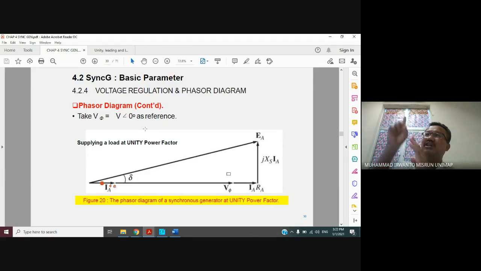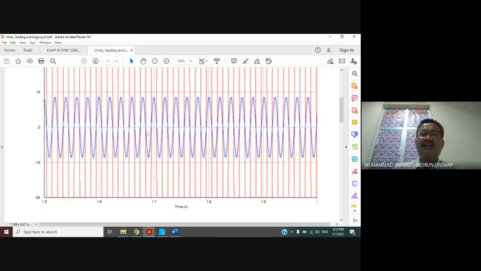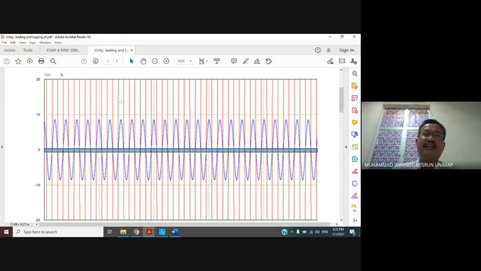Meaning they appear together. Look at this: as I said, this is the surface of the water, or in this case the time axis or horizontal axis. The current and voltage appear on this surface, like the two divers surfacing from the water. Which one appears first? So here we have the voltage and current waveforms.